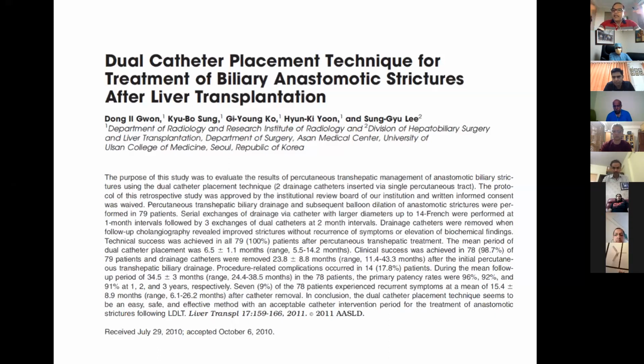and you need not dilate every time when you do the cholangiography in the follow-up period. How feasible is endobiliary